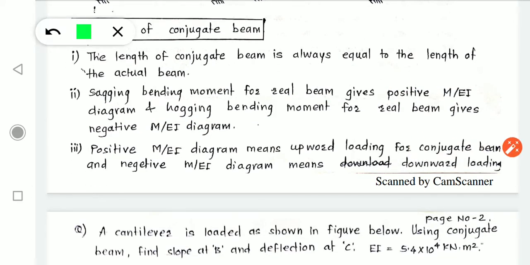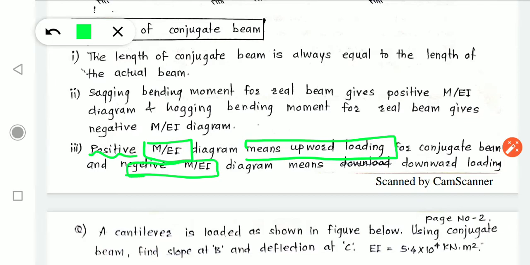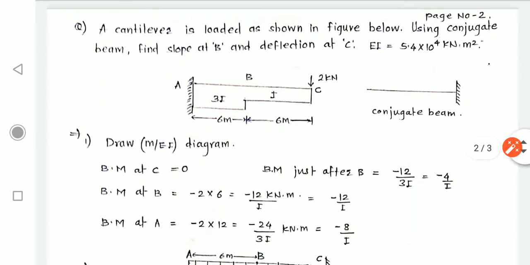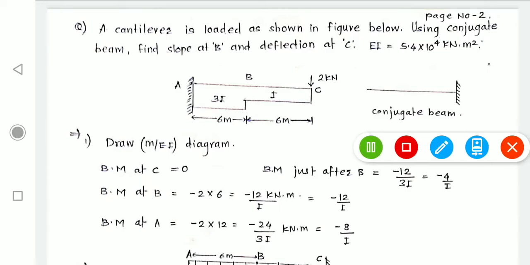And the last rule or property of a conjugate beam is that a positive M by EI diagram means upward loading and a negative M by EI diagram means downward loading. That you will understand with this problem. So let's discuss this problem now. A cantilever is loaded as shown in the figure below. Using the conjugate beam method, find the slope at B